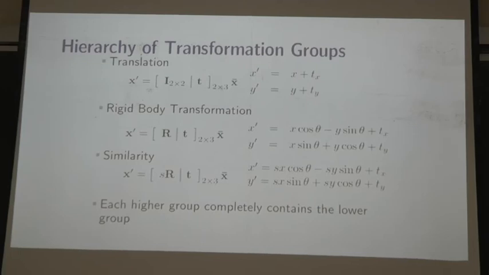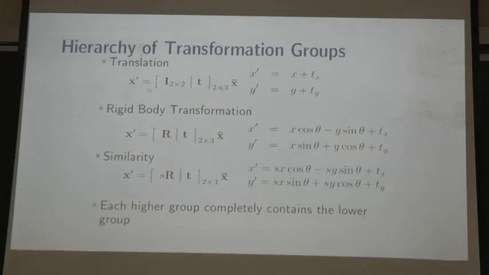Okay. So having said that, let's talk about the next level of group, which I'm defining as a rigid body transformation, which is a rotation concatenated with a translation. That is, the first 2 by 2 part of the matrix is cos theta, minus sin theta, sin theta, cos theta, and then you have a translation vector with it also, tx, ty. Okay, we call it rigid body. So if I multiply this together, it comes out to be this, right? This is the rotating part, and this is the translating part.